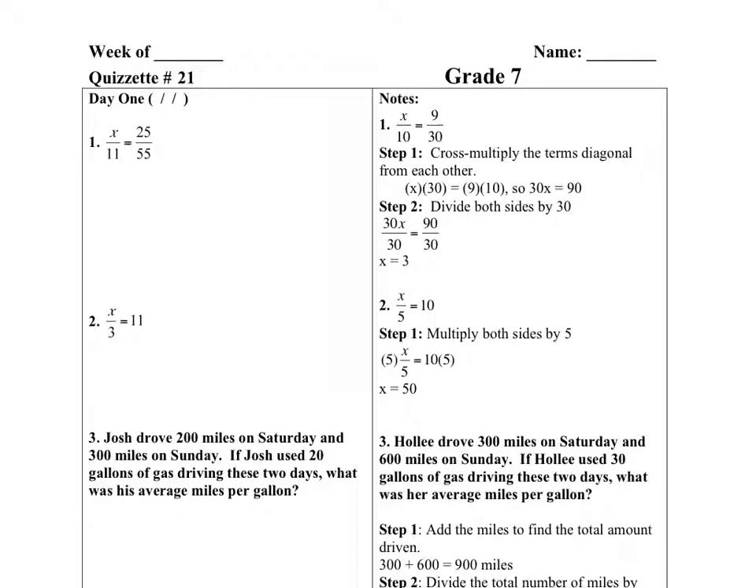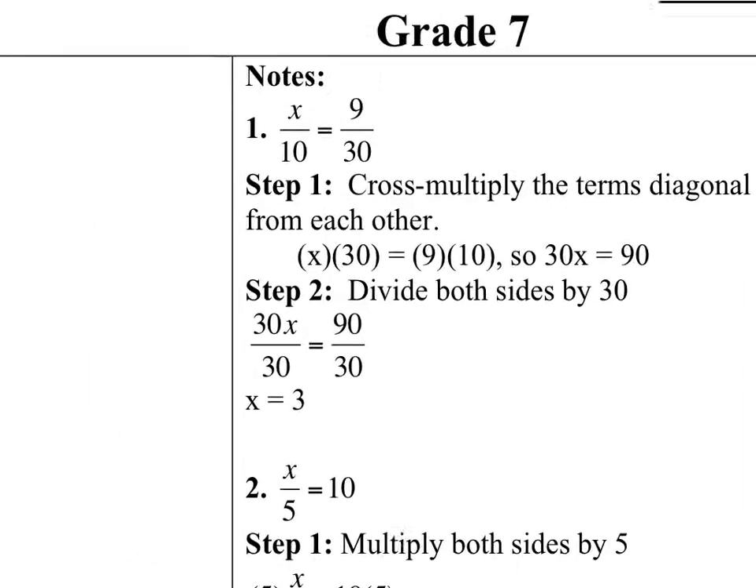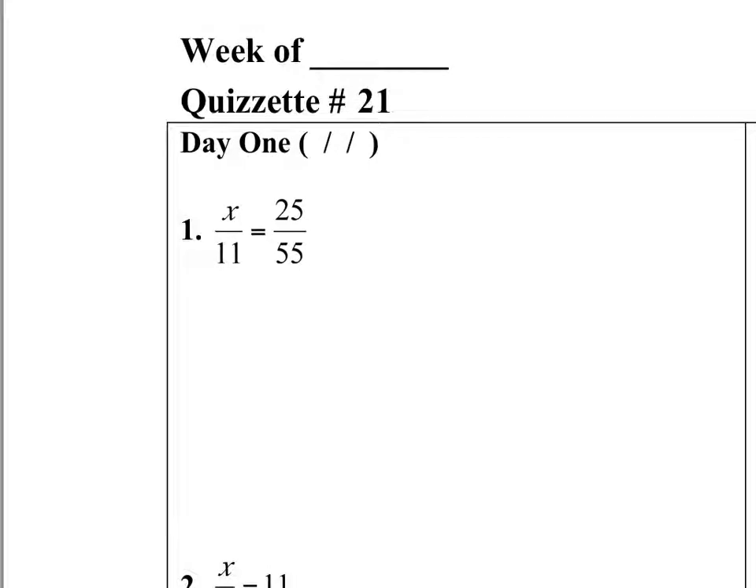Today we'll be working on quizzette number 21, which deals with rates and proportions. We're going to be looking at 5 questions, 2 of which will only take 1 or 2 steps, which involve simple basic DOK level 1 and 2 type questions. If you look at number 1, for example, as we look on the right side as a matter of fact,